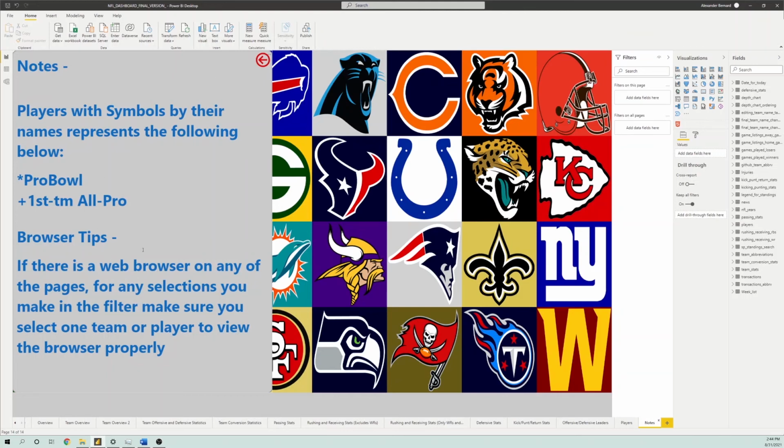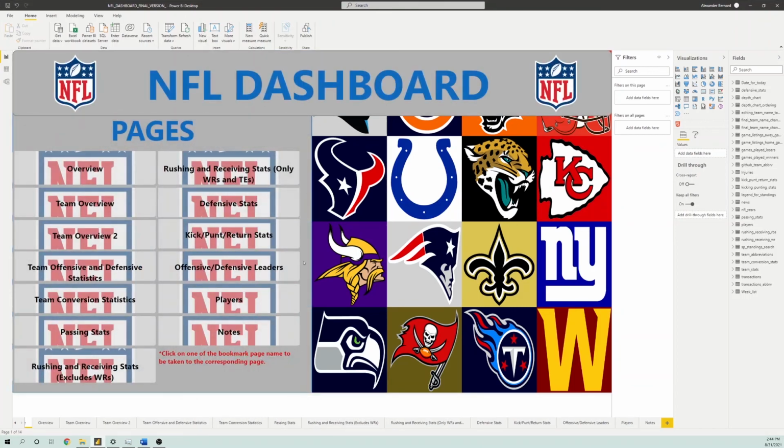You only want to select one team if the browser is on any of the pages. So using the back button here, we're taken back to the home page, and that's pretty much it for this